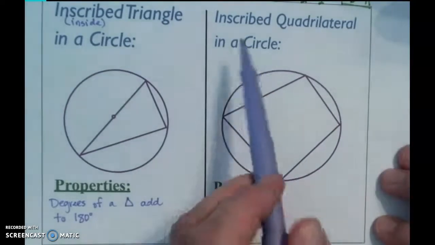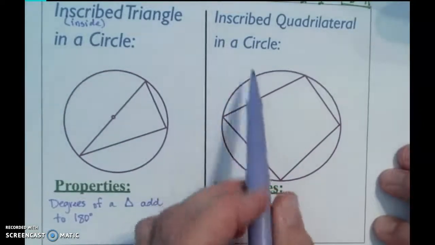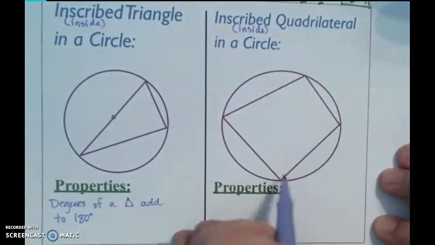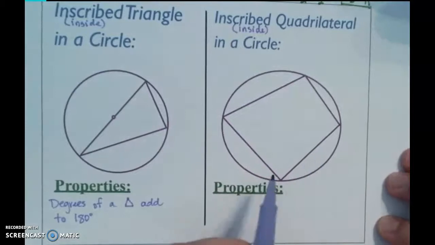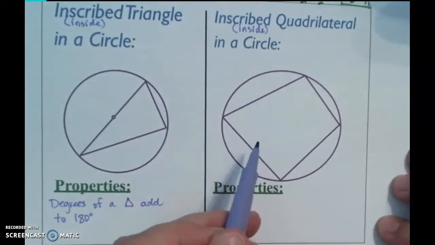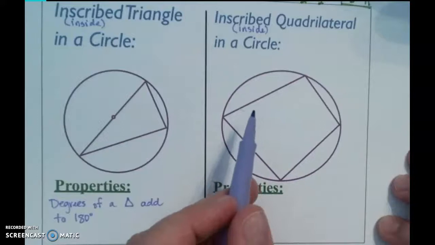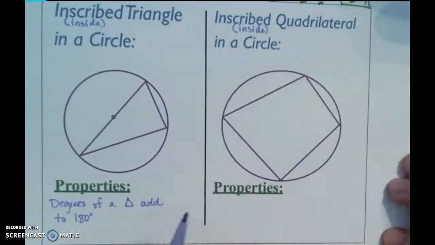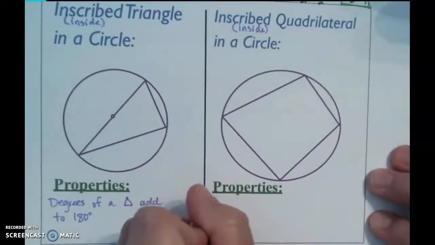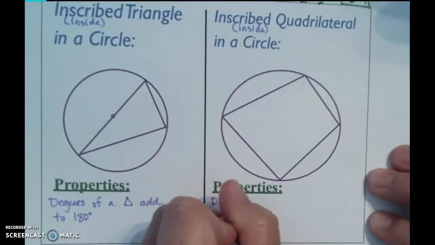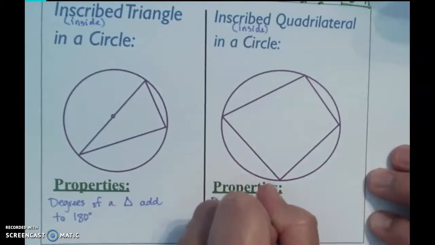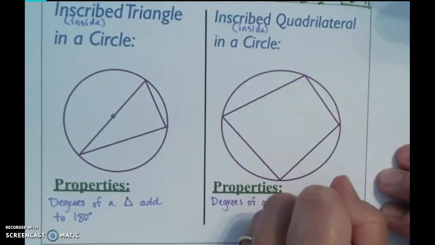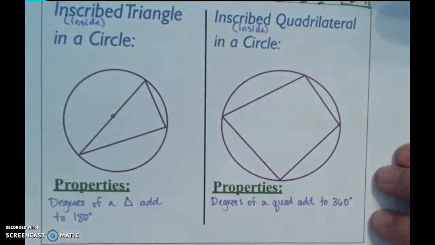And then when you have a quadrilateral inscribed or inside a circle, so remember, quadrilateral, 4 sides, not necessarily a parallelogram or a rectangle or a rhombus, just think a quad, 4-sided figure, inside the circle, the degrees of a quad add to 360 degrees,